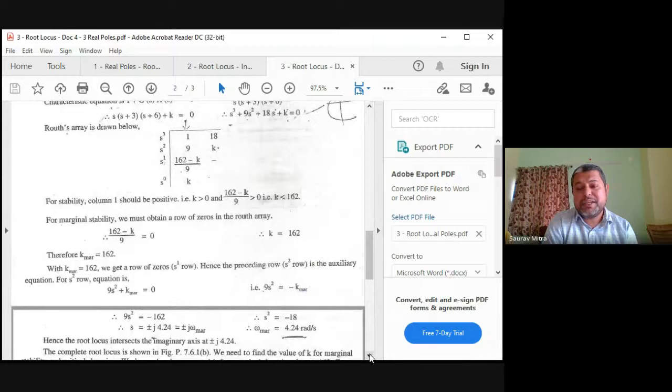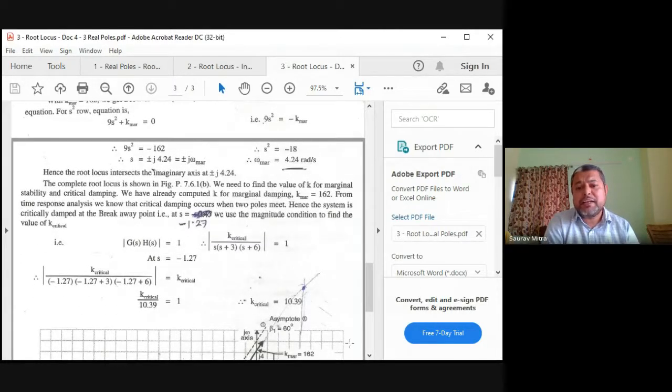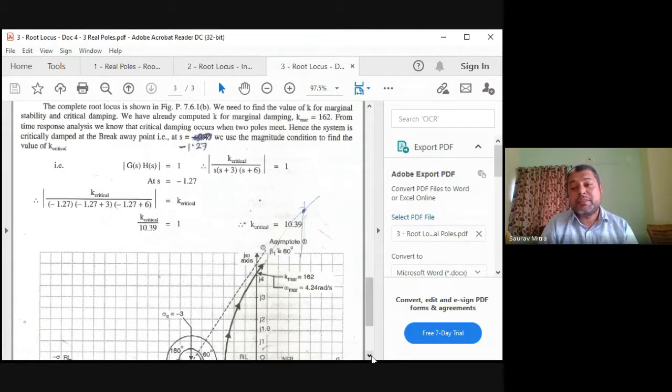So you just check it once again, because we know the Routh-Hurwitz criteria and we have seen this formula for K critical. That means when the system gain is 0, the poles are at 0, minus 3, minus 6. When you are increasing the gain, the poles start coming closer to each other. That means when the gain is 10.39, the poles will be colliding, that is, the conditionally stable poles, 0 and minus 3. So at gain equal to 10.39, these two will collide onto each other.